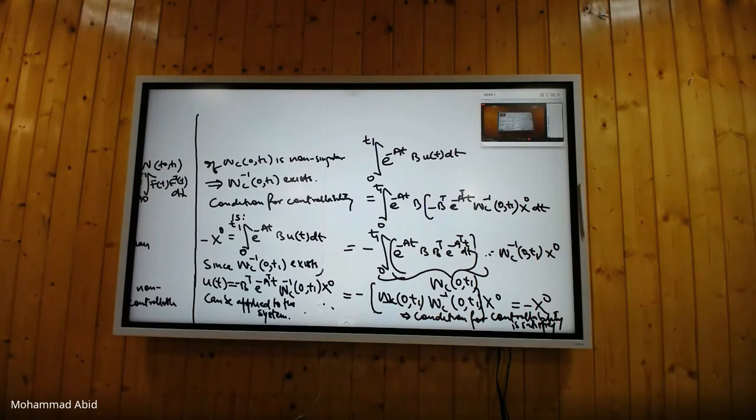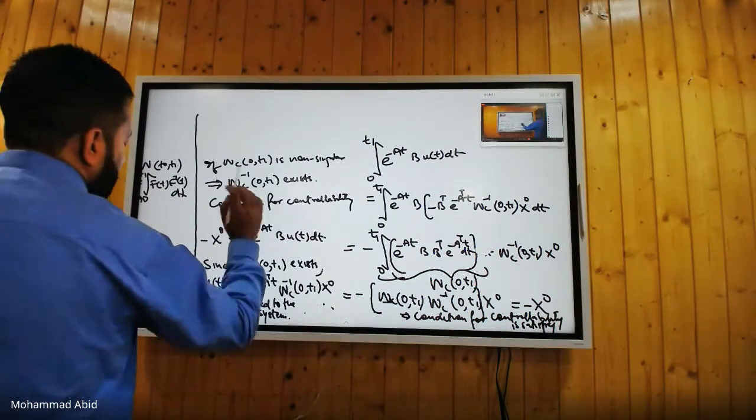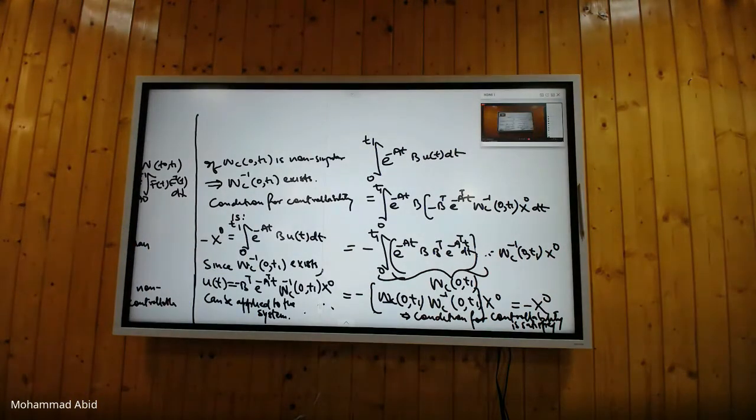If u t exists for any random x naught and any random x naught can be taken to the origin through u t, then we say that the system is controllable. Now what we are saying, because see this equation on the whole is very hard to solve क्योंकि इसमें जो इंटीग्रल वाली टर्म u t है ये इंटीग्रल में ही आती है. So basically without actually solving the system of equations we are trying to see whether the solution exists or not, and we are trying to correlate it to the rank of some matrix which we have called as the controllability Gramian. तो हमने देखा कि हमने एक थ्योरम स्टेट की कि अगर कंट्रोलेबिलिटी ग्रामियन जो हमने डिफाइन किया है W_C(0,T1)